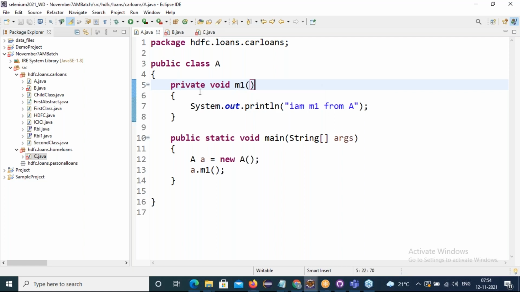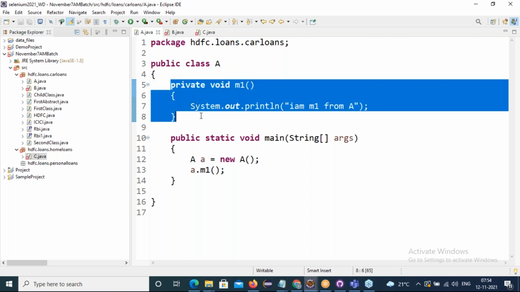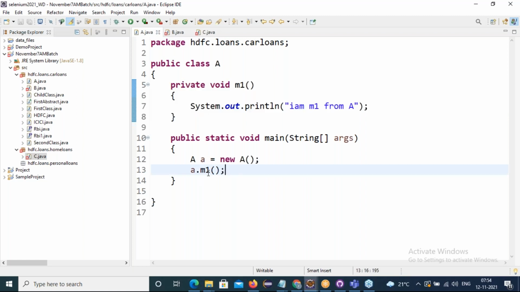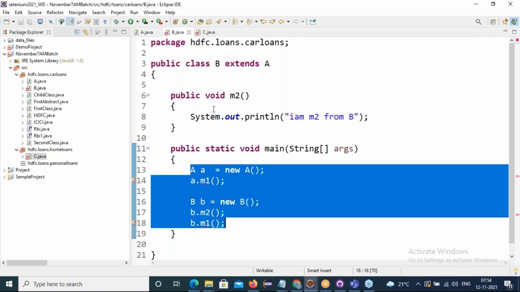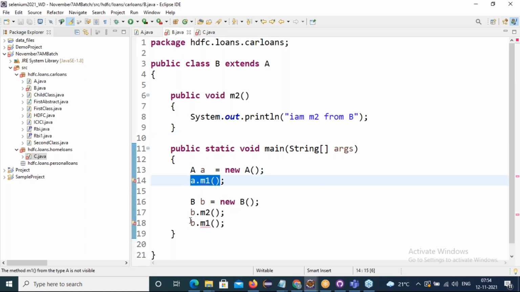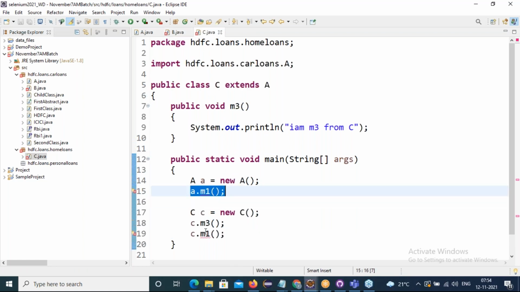Yes, private methods. What is private? Privacy, which requires some privacy, which means these methods can be accessed within a class, with the same class reference only. We cannot access private methods in another class within the package, and outside the package class also we cannot.